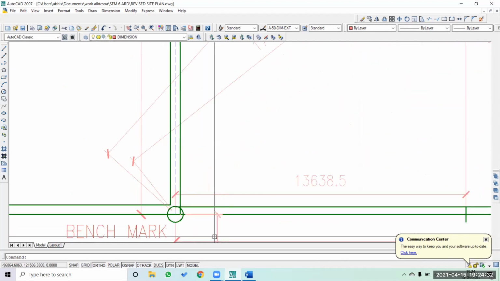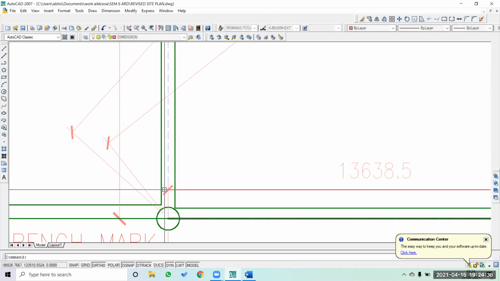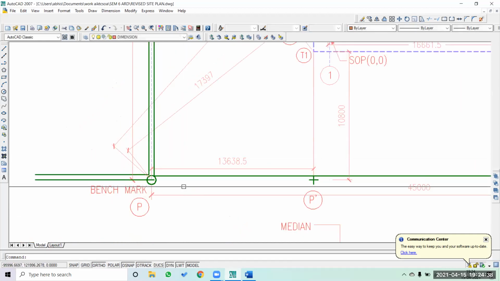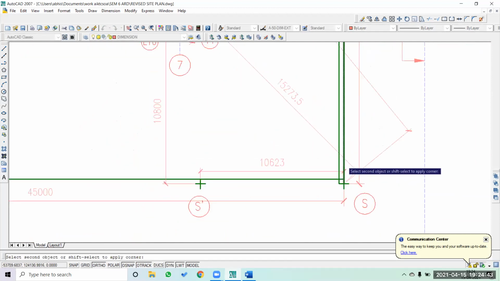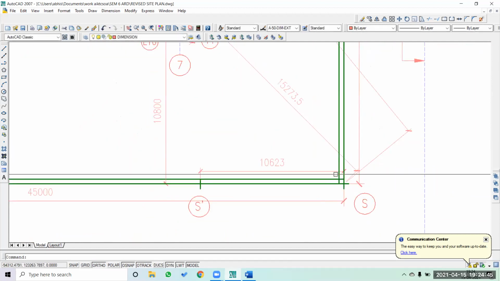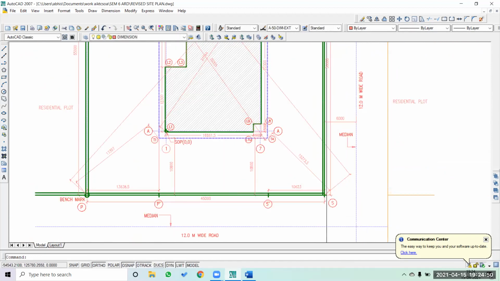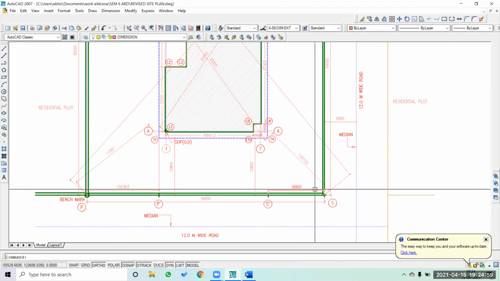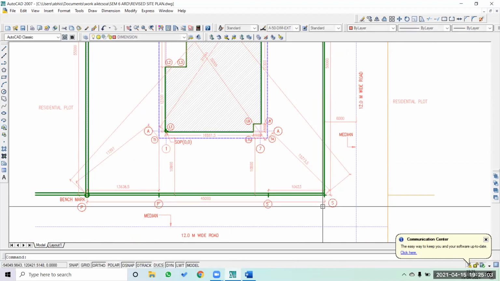This completes the compound wall construction. Another important thing is, because you have this 12-meter road on both sides, you have to make this particular corner curved. So what we are going to do is, first we are going to draft this out, and then we are going to make it ready for the construction. So just follow the steps.